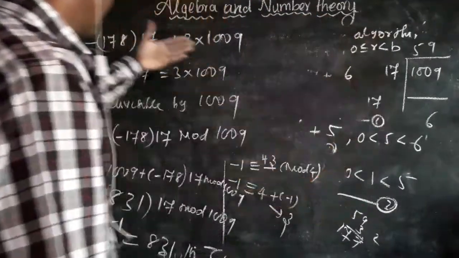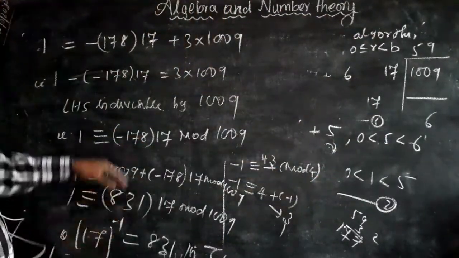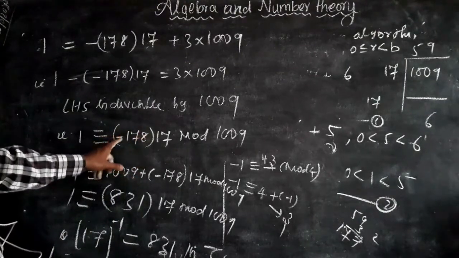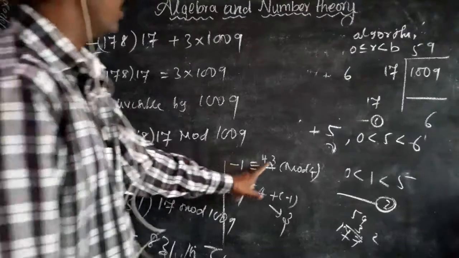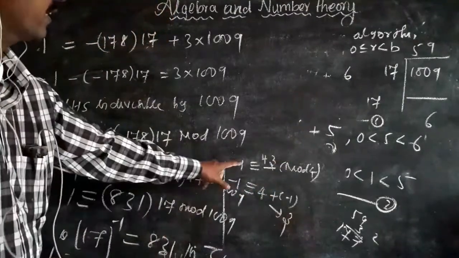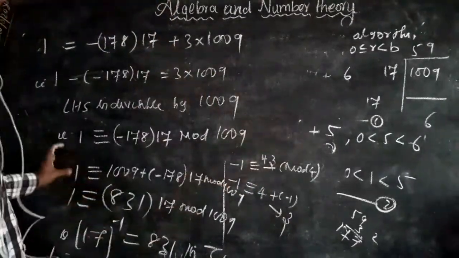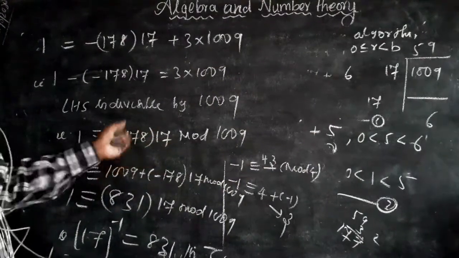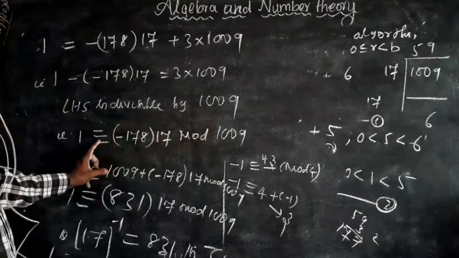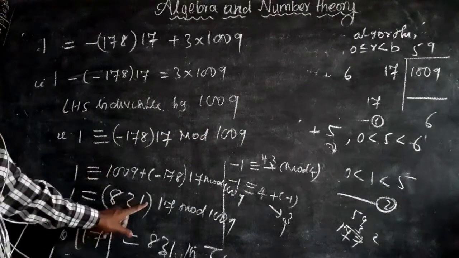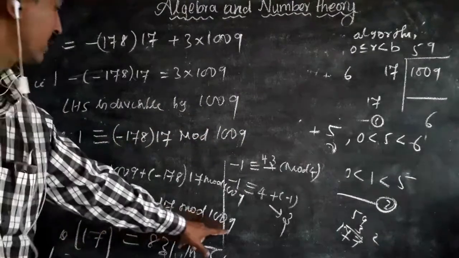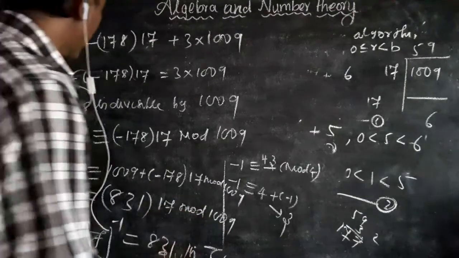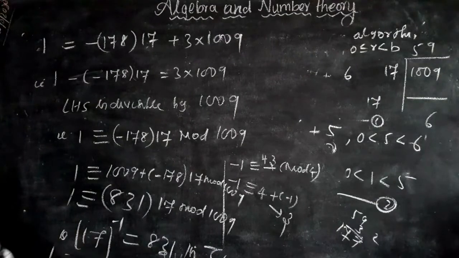First you apply that theorem, then secondly you apply the division algorithm. We write the values and simplify, and the important concept is eliminating the minus. Minus 1 is congruent to 3 mod 4, so instead of minus 1 we can put 3. So 1 is congruent to 1009 plus minus 178, that is, when a minus comes, you add the mod value, and we get 831. So 831 into 17 mod 1009. So 17 inverse is equal to 831 in Z 1009. So the inverse of 17 is 831. Okay, thank you.